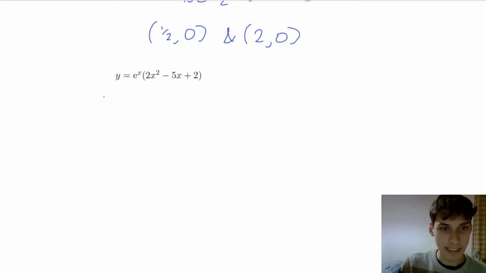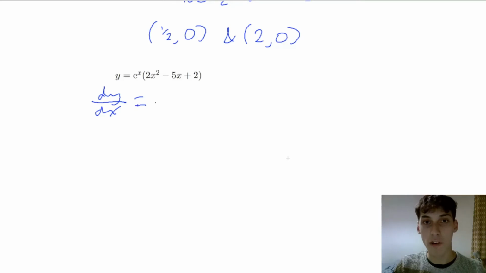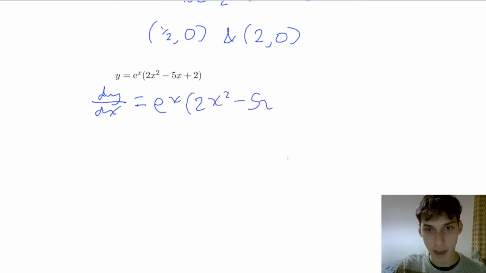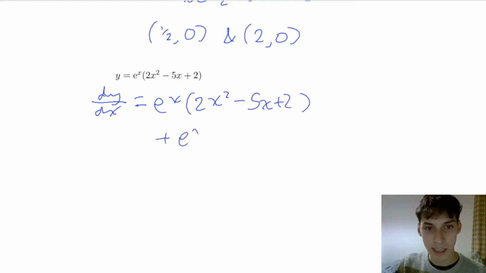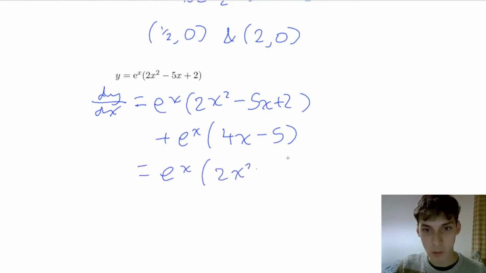So let's find dy over dx. Using the product rule, we have e to the x times (2x squared minus 5x plus 2), because the derivative of e to the x is e to the x, plus e to the x times (4x minus 5). And we can factorise this to get e to the x times (2x squared minus 5x plus 4x, which is minus x, and minus 5 plus 2, which is minus 3). Okay, so